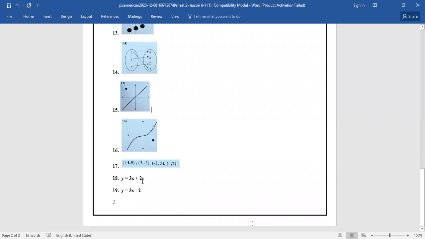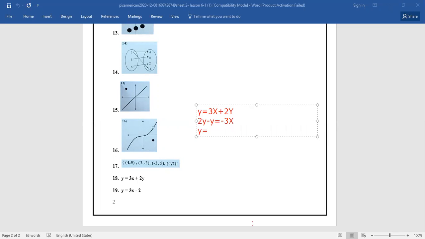This one, y equal 3x plus 2y. So we have to simplify this first. You said that y equal 3x plus 2y. Then we have to simplify. So we have 2y minus y, and in this case I have to transfer negative 3, so it will be negative 3x. We will simplify, so we have y